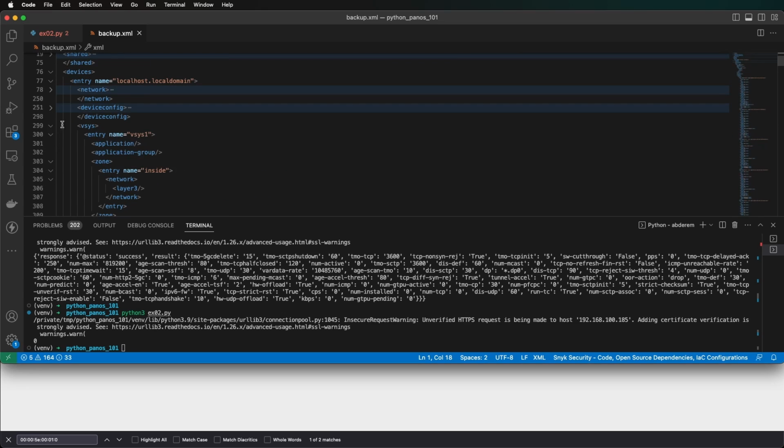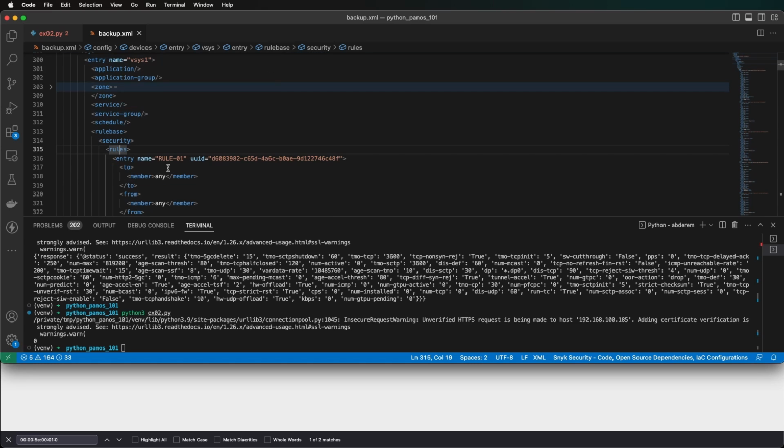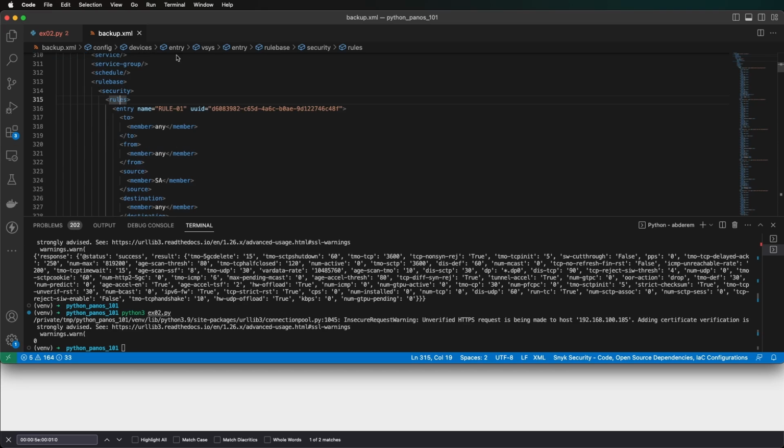let's see, you have VSys because our policies are under VSys. And then rule base, security. And as I click on these tags, you see that it's building my path on the top, right? So security, and then you have rules, and then it seems that rule one looks fine. So it seems that it's under config,